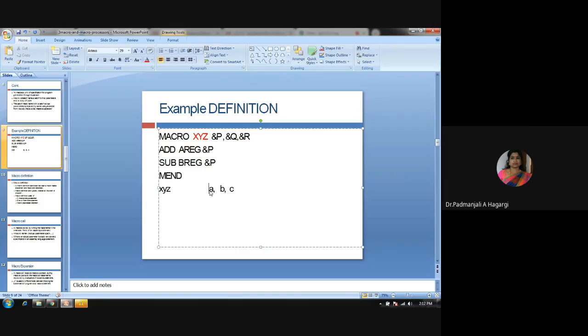Suppose I interchange B with A, so this becomes different.